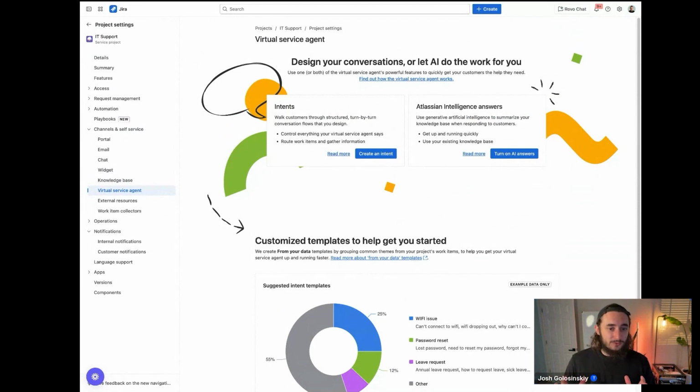AI is going to be able to handle that really, really well for you. And the way that Atlassian set this up is actually really phenomenal and does a really great job of pulling that context from your knowledge bases, pulling the context from Jira, and providing real solutions. So that was the first walkthrough of how to get your portal set up, how to get your project set up, how to get your request type set up, and get everything working inside of Jira as an